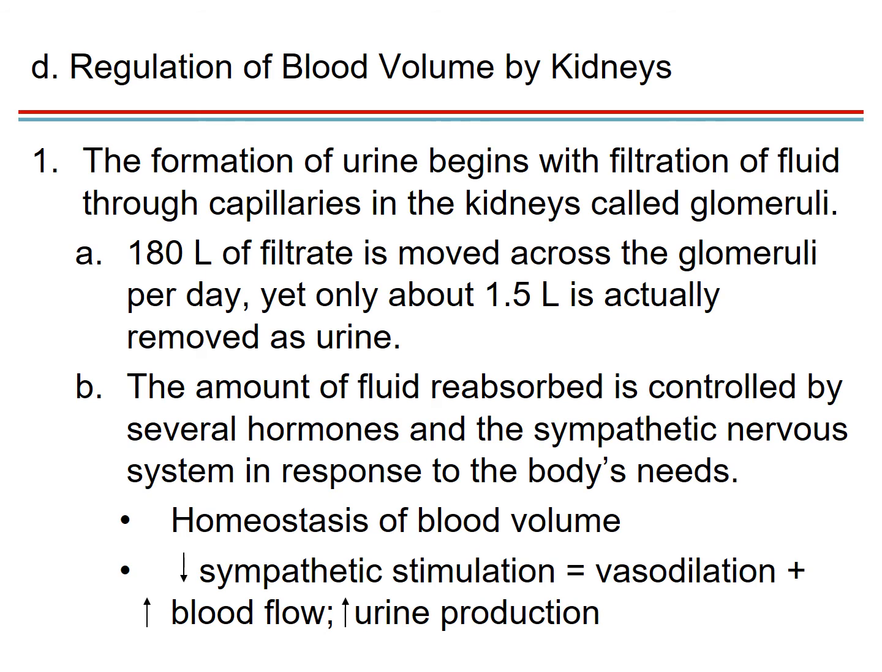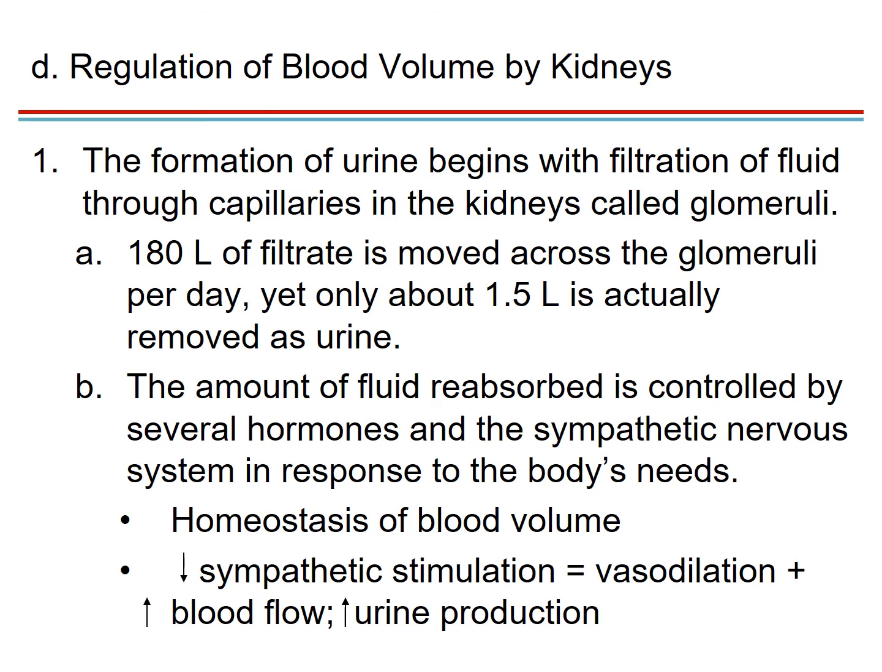So let's talk about what actually regulates blood volume. The kidneys are a big factor in what regulates it. First, the formation of urine begins with the filtration of fluid through capillaries in the kidneys within the glomerulus. About 180 liters of filtrate is removed across the glomeruli per day, but only 1.5 liters are actually removed as urine throughout the day. This means that 98 to 99% is reabsorbed back into the vascular system, and we're only excreting 1